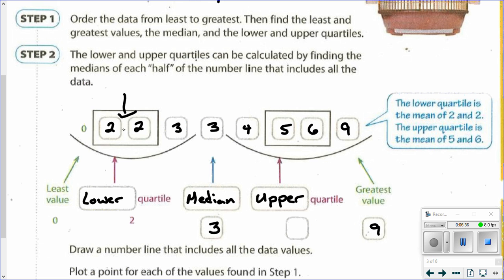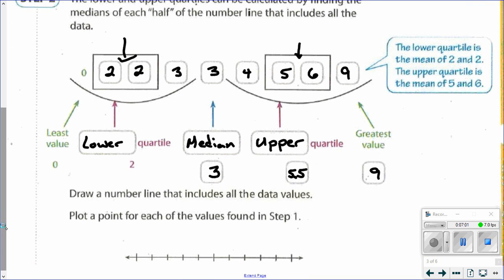If you have two numbers and you're not sure what it is, then you just add those and divide by 2. So 4 divided by 2 is 2. Over here, it's between 5 and 6, and so that's going to be 5.5. And again, if you didn't know that, just do 5 plus 6 is 11, divided by 2 is 5.5. So those are the 5 values that we need